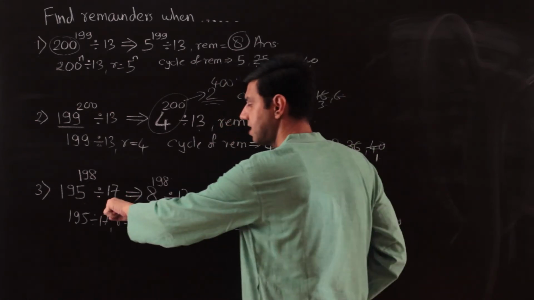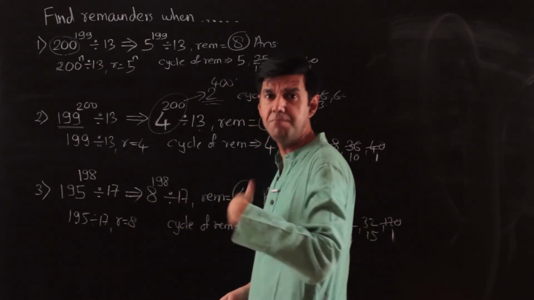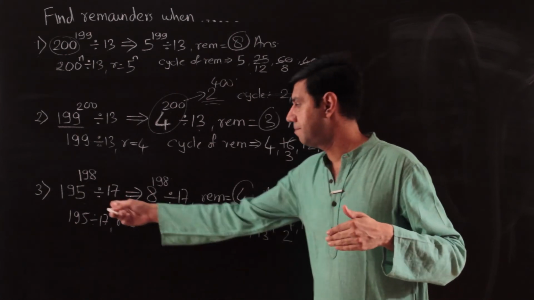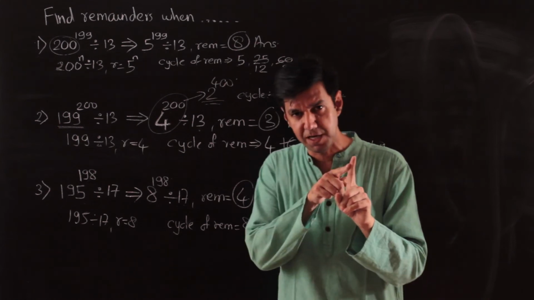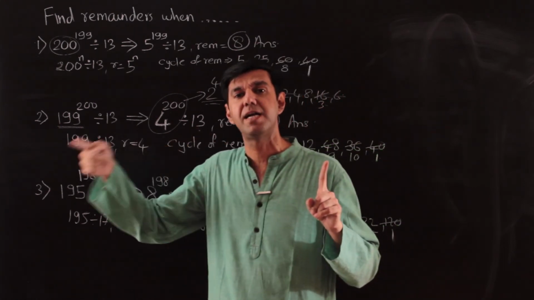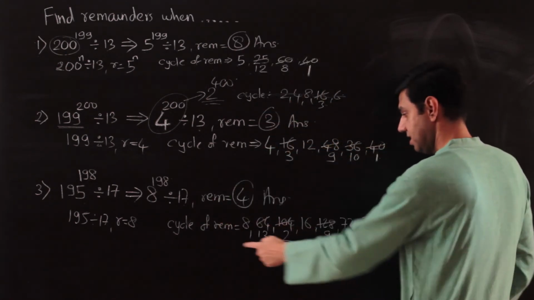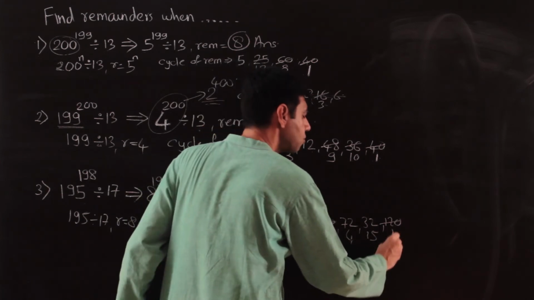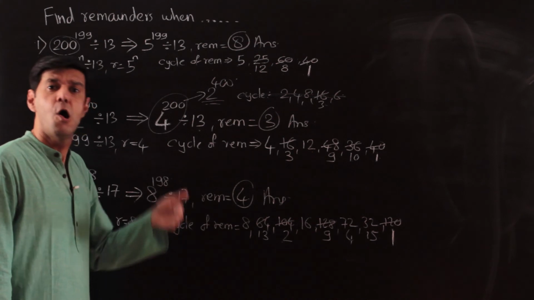So here I have seen 17. You are dividing by 17. 17 is prime, so a co-prime number raised to 16 will give you a remainder 1. If 16 gives me a remainder 1, where else can I get a remainder 1? I can get a remainder 1 at the 8th position also. So is this at the 8th position? Let's see, 1, 2, 3, 4, 5, 6, 7, 8. So I have an idea either at the 16th or at the 8th or at the 4th or at any